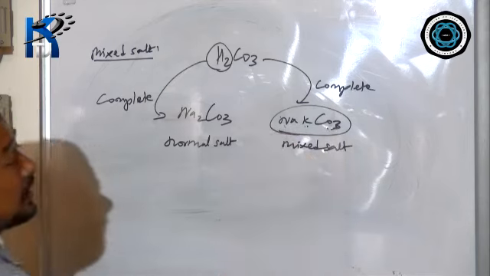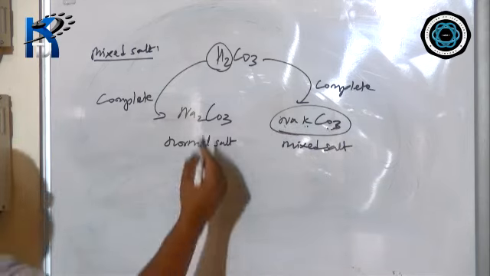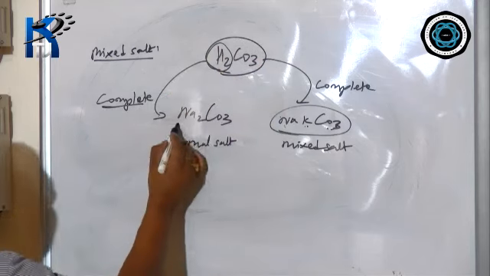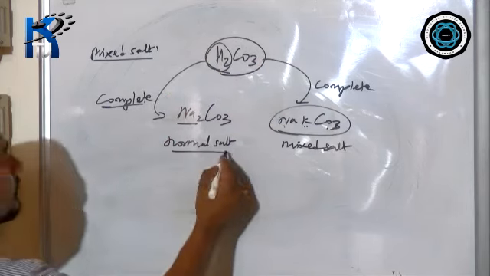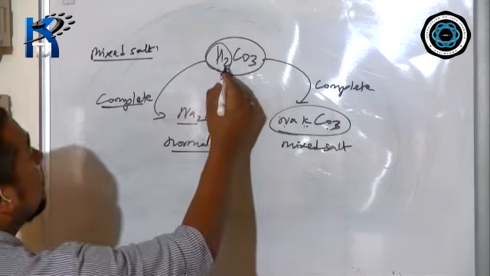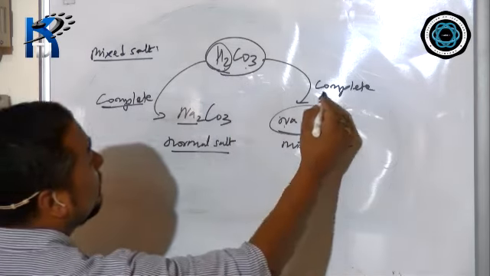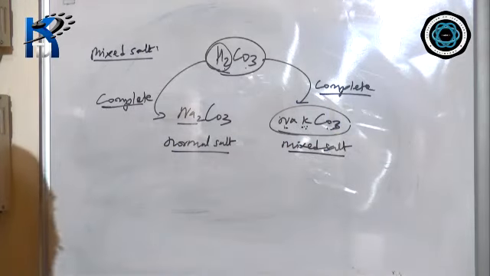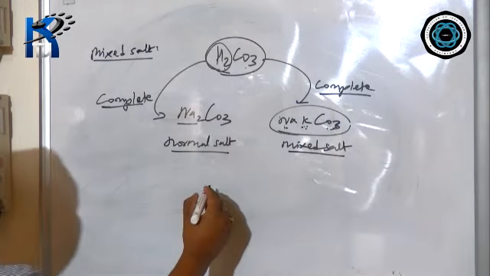Sodium potassium carbonate. So do remember students, if the hydrogen ion of an acid is replaced completely by the same metal, it will give you normal salt. Whereas if the hydrogen atom of an acid is replaced completely by two different metals, that will give rise to mixed salt. I would like to give you one more example of it.